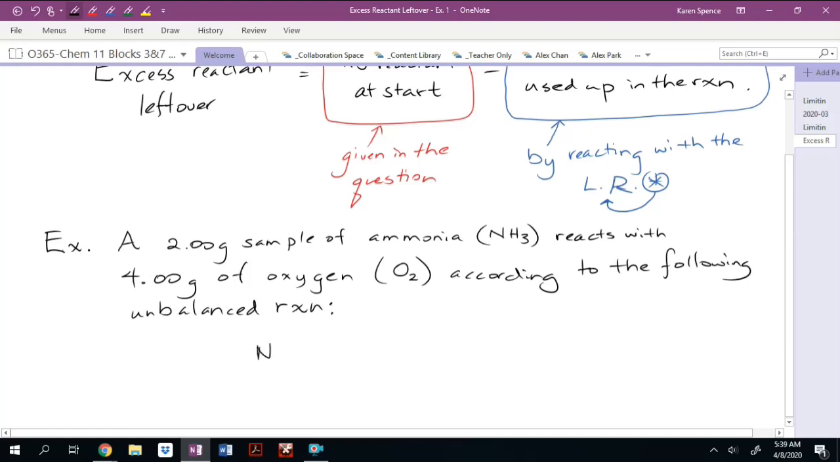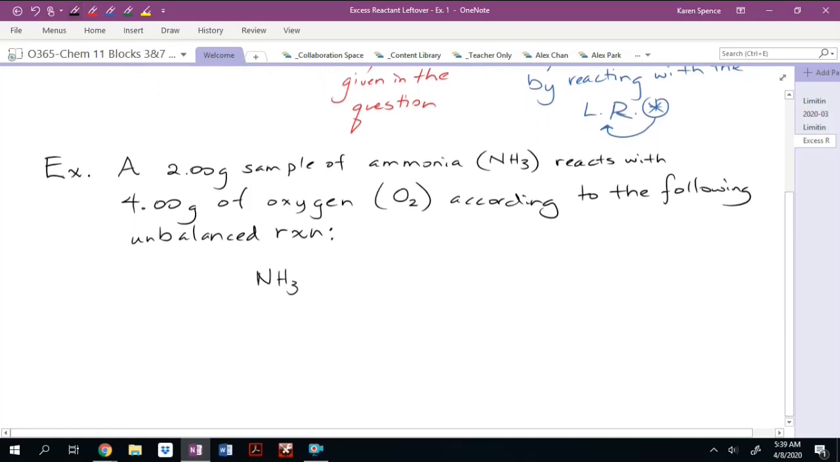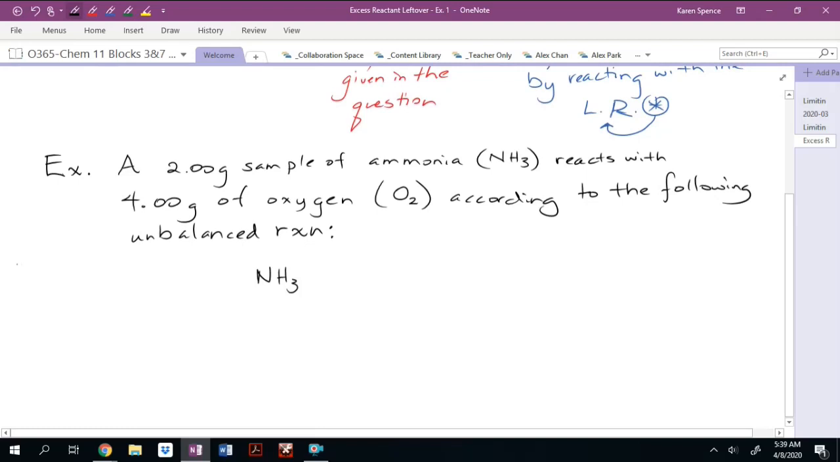So we have NH3, ammonia. Notice NH3 and NH4 are similar. Ammonium is NH4. That is the ammonium ion. And NH3 is ammonia, and it is a neutral molecule. Okay, NH3 plus O2 gives us NO